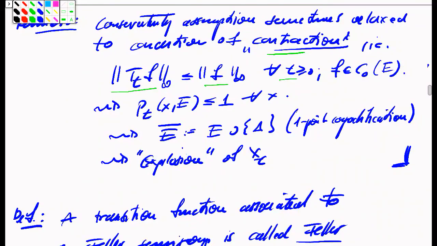In this case, we talk about a contraction semigroup, and that also allows a similar construction as in the previous proposition, but we can no longer guarantee that the Markov kernels, or these transition kernels that we construct, will be